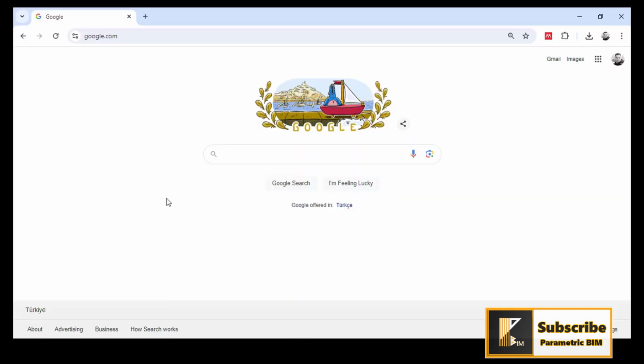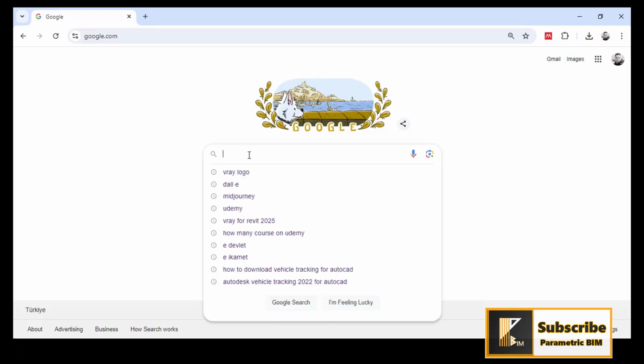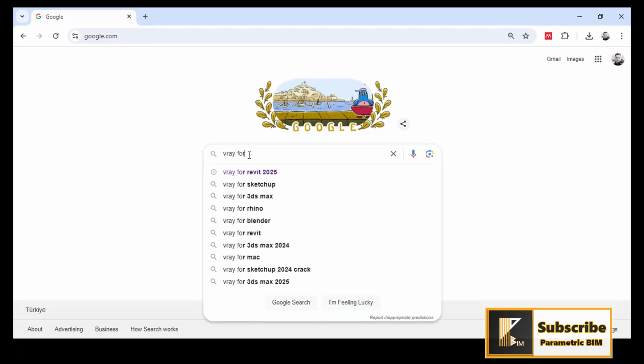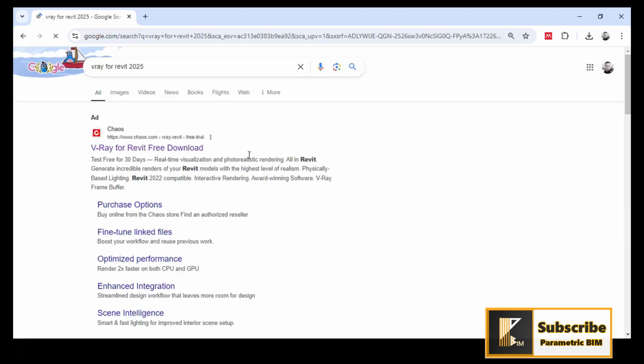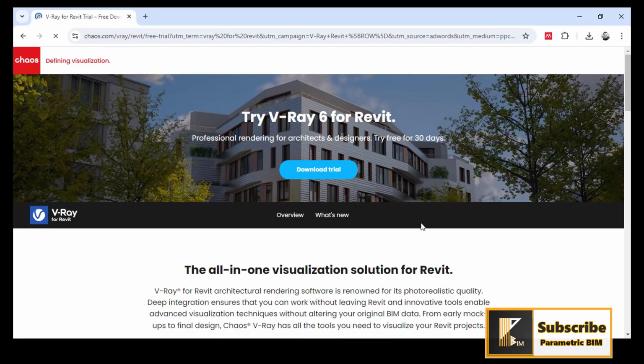In order to install Vray for Revit, I will go to Google and write Vray for Revit 2025, and I will get this link, Vray for Revit free download. You can click on it, and this way it will transfer us to the gaussgroup.com Vray Revit free trial. So you can download here a free trial for 30 days,